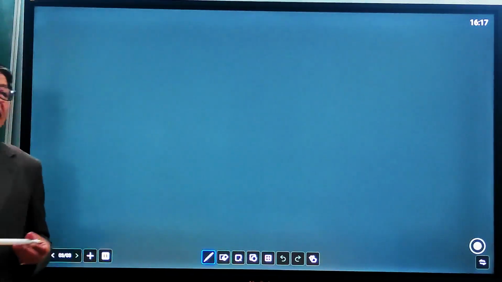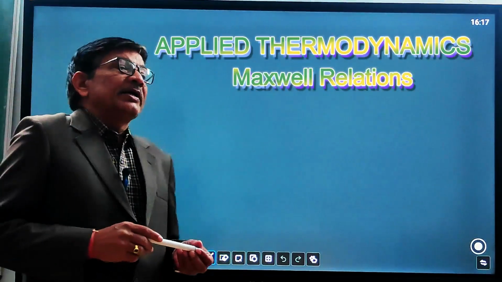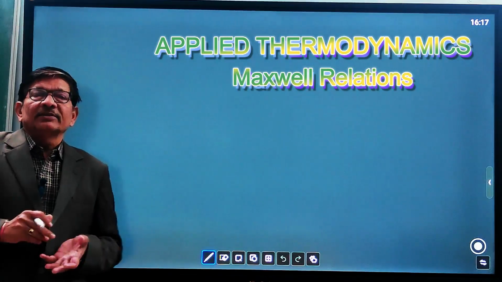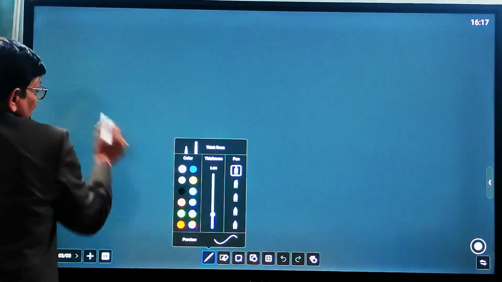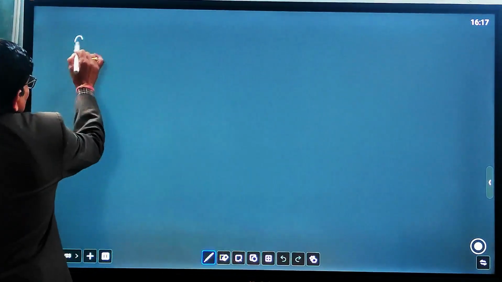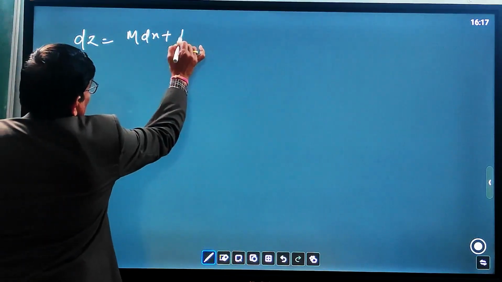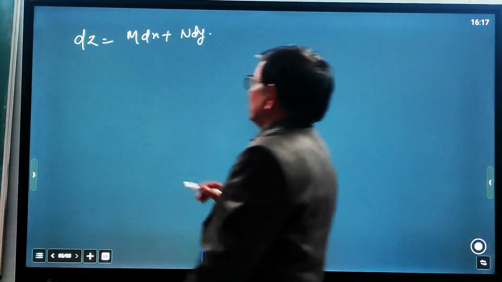In the previous class, we derived the mathematical relation for cyclic relationship and reciprocal relationship. Today, we will use this relationship in this equation. We have also derived dz equal to M dx plus N dy. That equation we have used in this way: